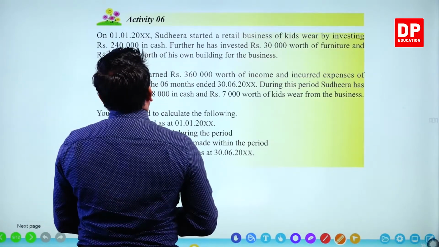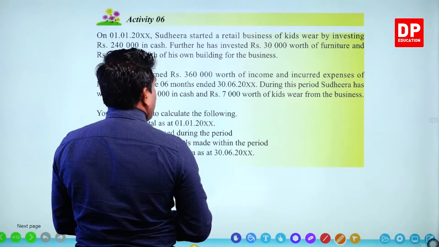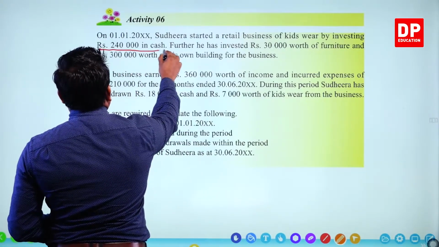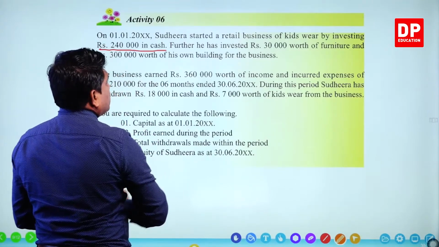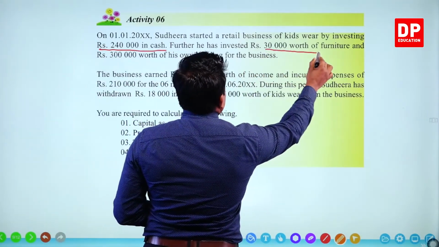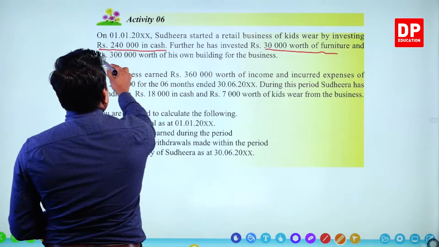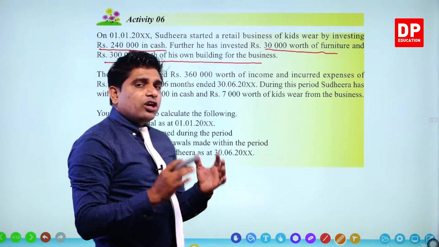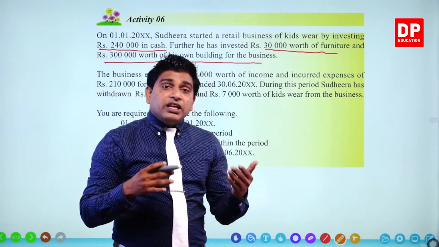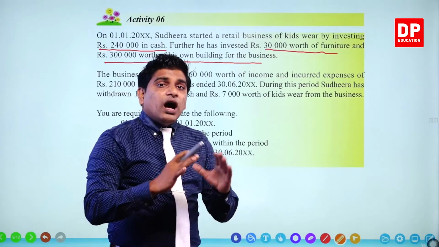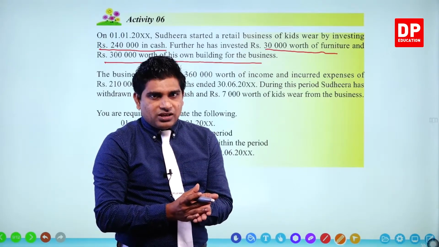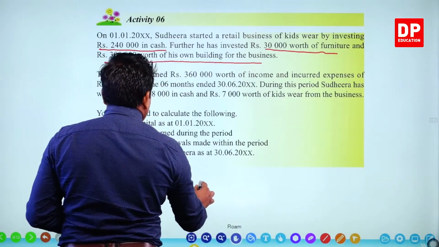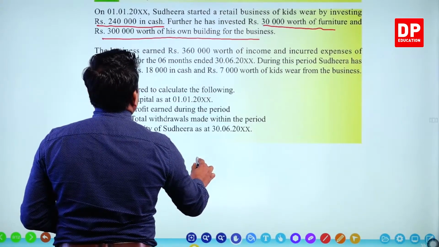Now, Sudhir started the retail business of kids wear by investing 240,000 in cash, 30,000 worth of furniture and 300,000 worth of his own building for the business, right? Not only money, as a businessman, you can invest any other resources. All of them are called capital, right? Now, first we calculate initial capital, right? How do we calculate? See, then